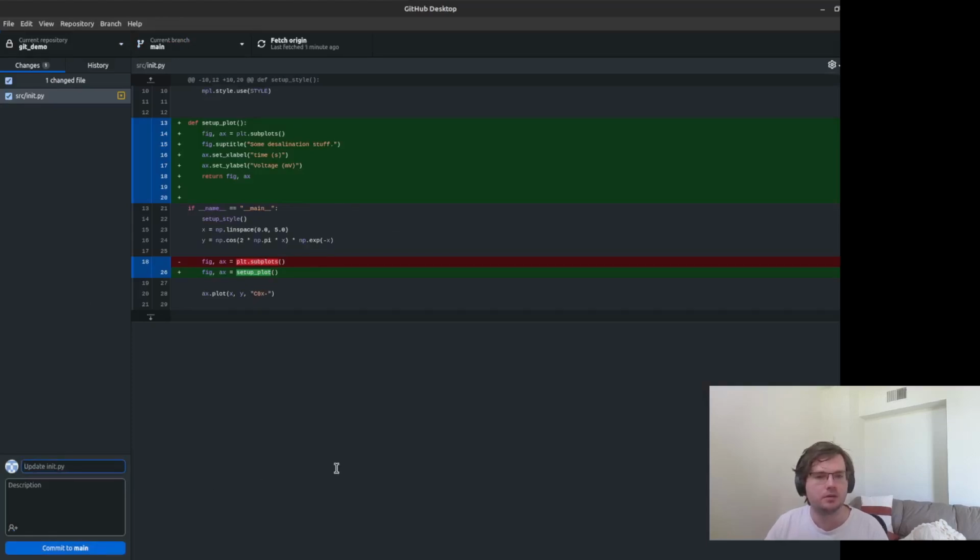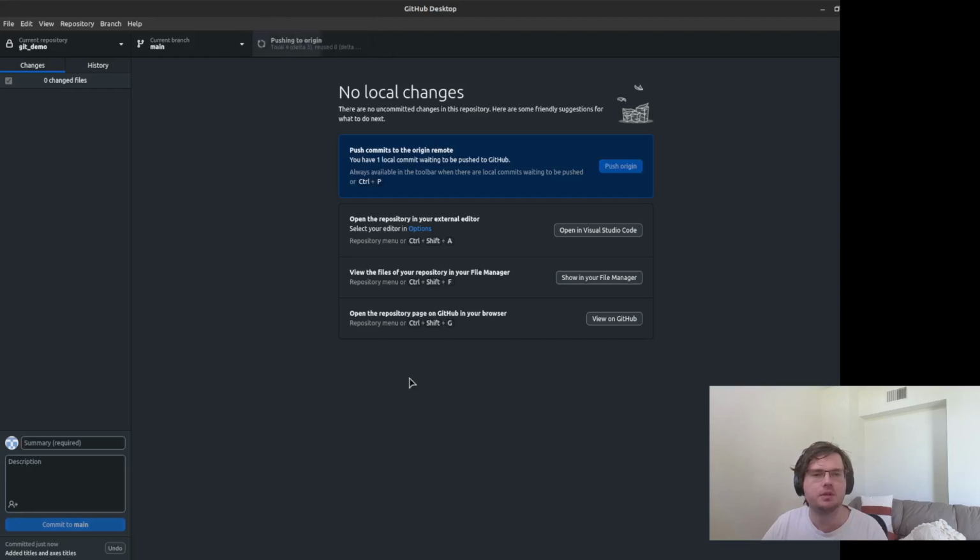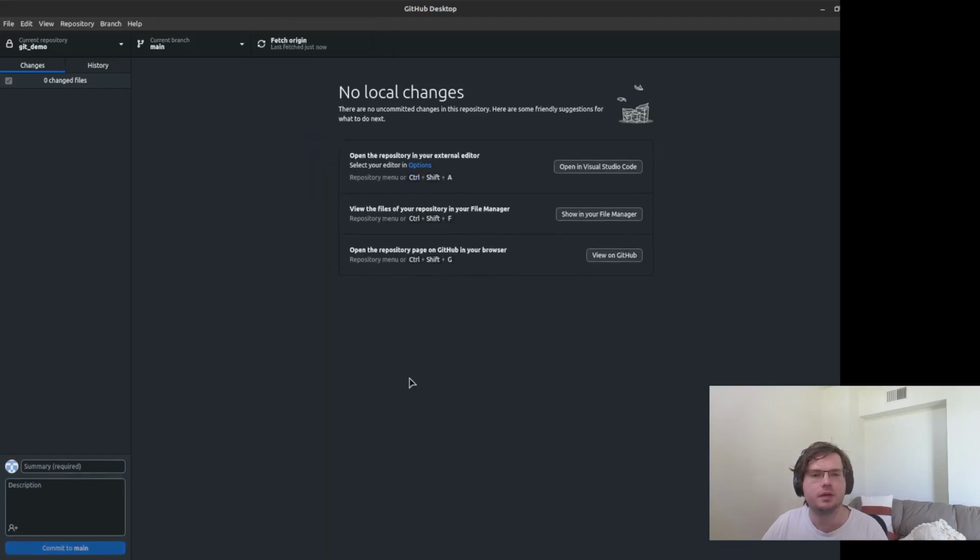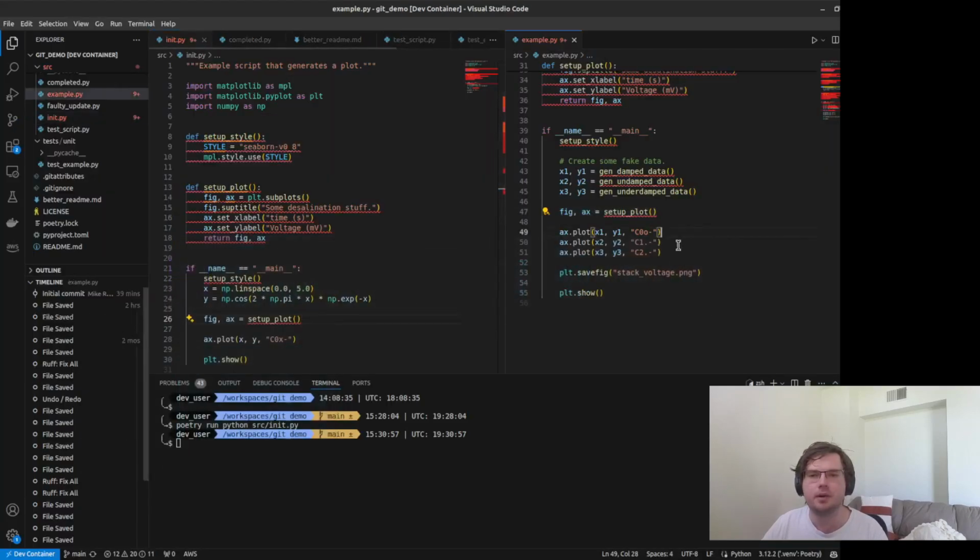I'm going to make a new commit. So I'm going to say, added titles and subtitles, axes titles. Change the appearance of the plot with titles, etc. I'm going to commit, and then I'm also going to push it up to origin to make sure that it's available on github.com as well. So great. Now if I go back to history, got all that, I'm going to keep going.